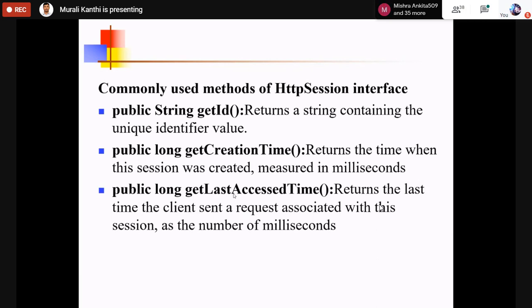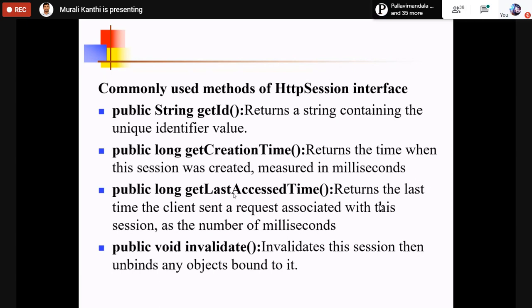So we have getCreationTime and getLastAccessedTime. Next, invalidate invalidates the session, then unbinds any objects bound to it. So this is for destroying the session.